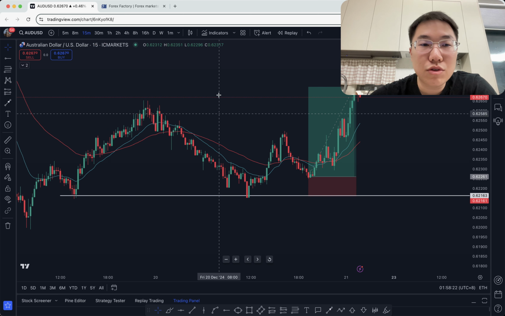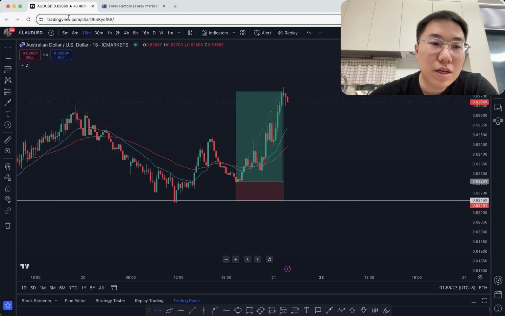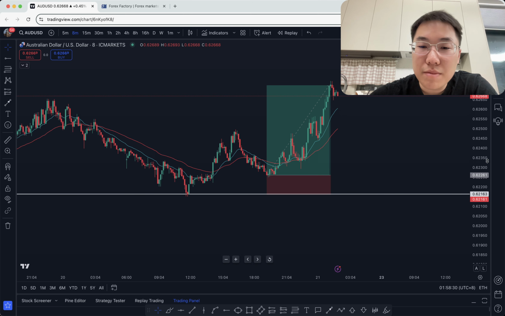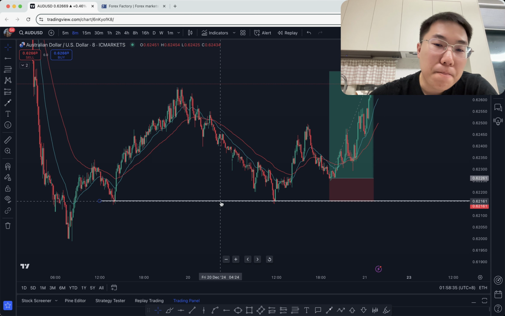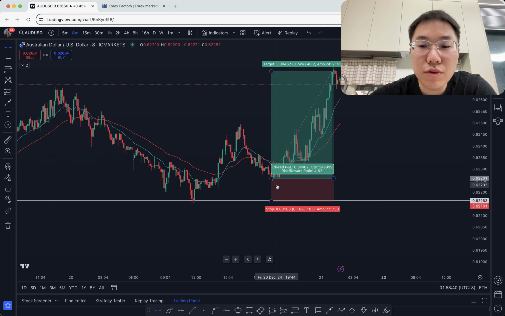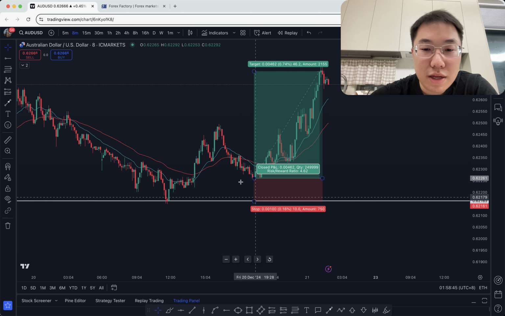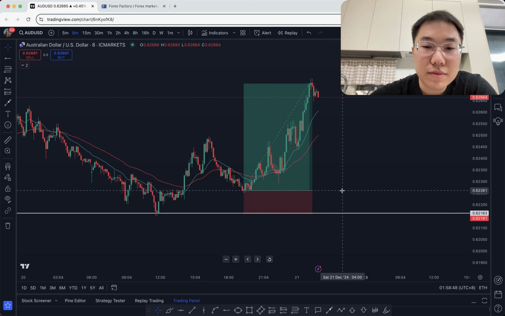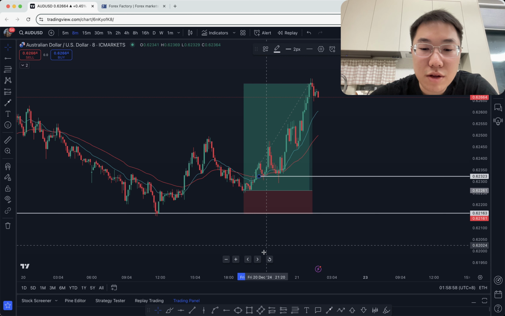So why was my entry so sharp? As in, you see, I caught the turning point literally, again based on my experience. So what happened was, I saw price bouncing off this TPF zone, and then we have an exhaustion pattern, or we call it a rollover, a double rollover here, and I basically entered right there after seeing this mini 8-minute rejection candle. And after that, price basically just formed what? After I entered the trade, my stop loss was right at the previous low for about 10 pips. Price basically formed a higher low,